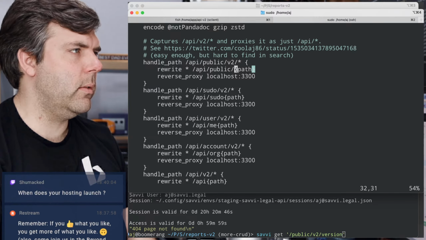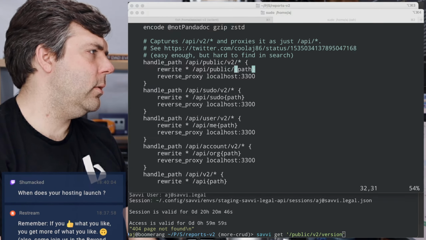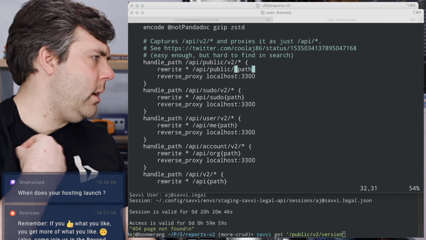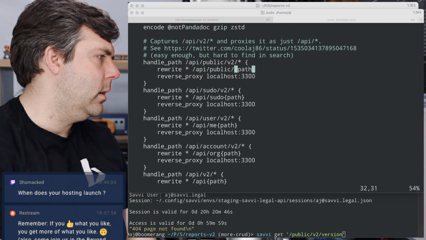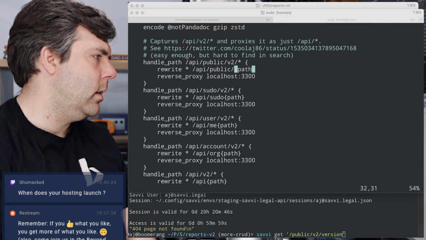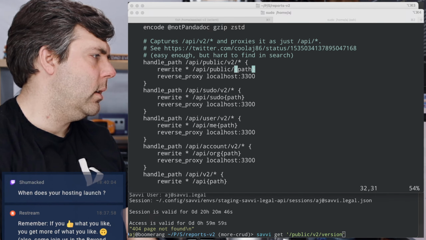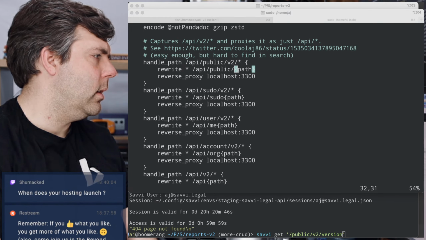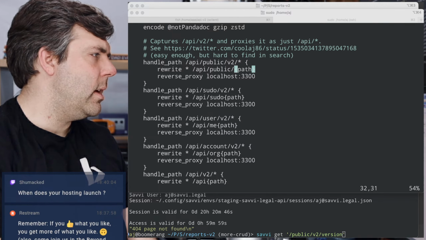I'm just going to do a search for that real quick. Let's search for Vim Caddy. Has somebody done it yet? Seven years ago.